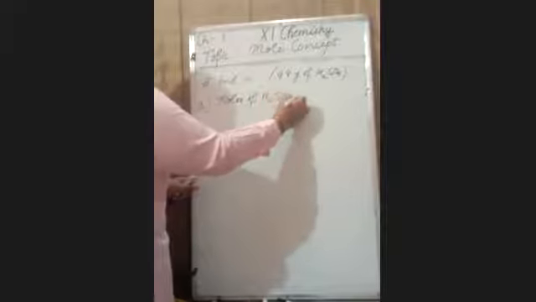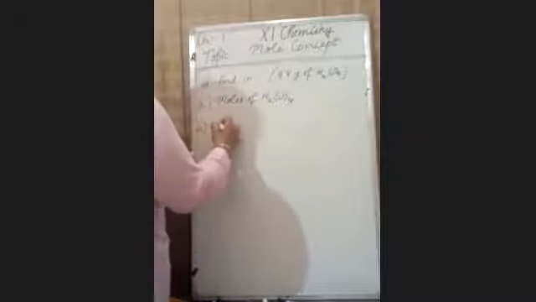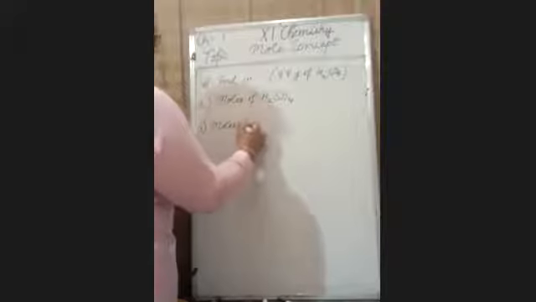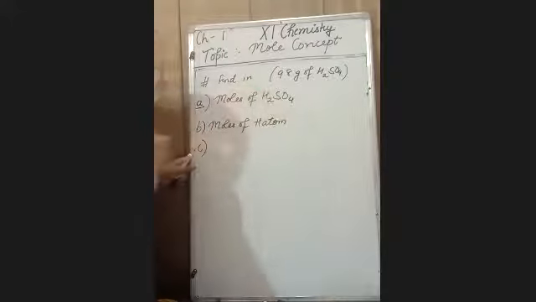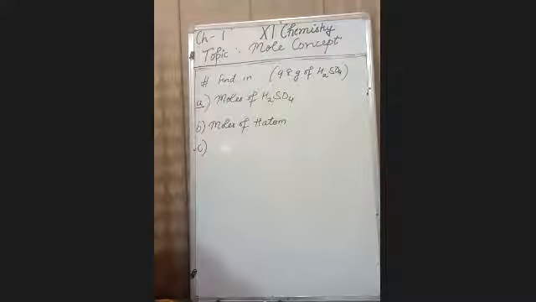Take out your notebooks and calculate it. In 98 gram of H2SO4, you have to calculate number of moles of H2SO4. Second is moles of hydrogen atom. And third is gram